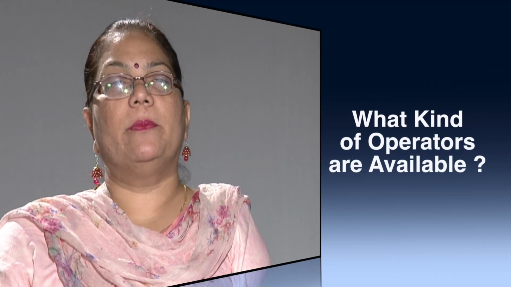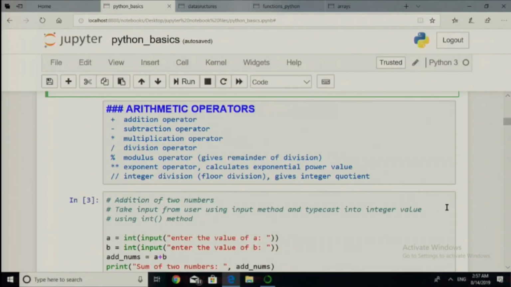Further, let us see what kind of operators are available. Usually in different programming languages, we have different types of operators in order to perform various operations. The first type of operators that we are going to use here is arithmetic operators. Under the category of arithmetic operators, we have plus as the addition operator, minus as the subtraction operator, multiply as